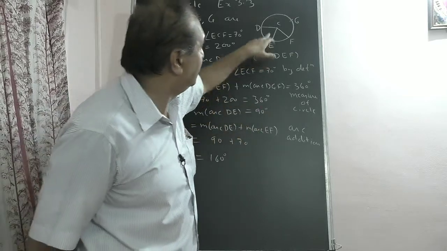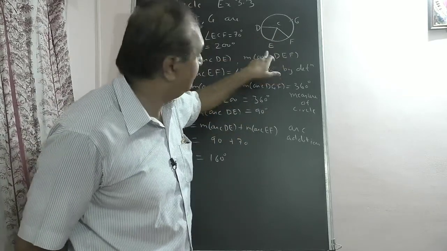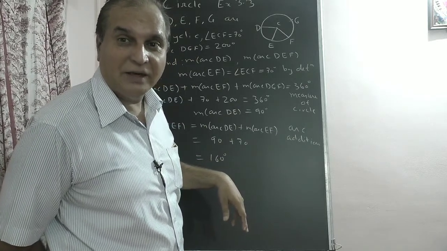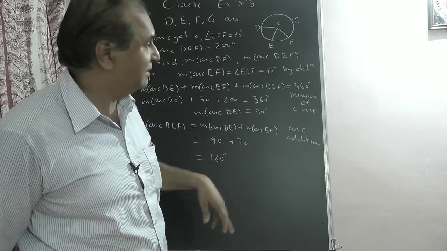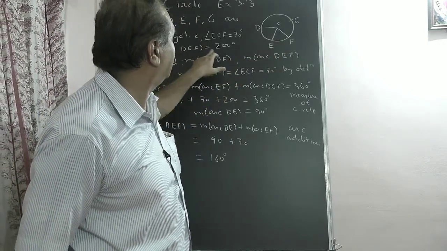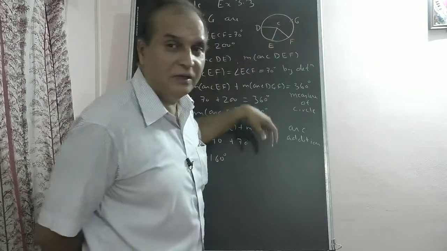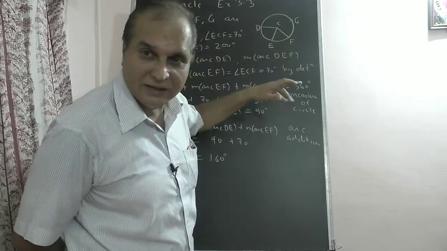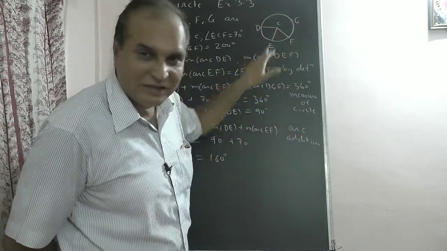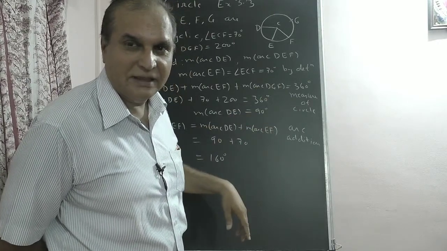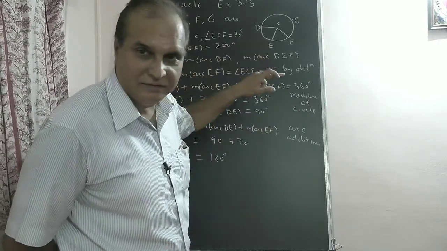This is given. What does that mean? Angle ECF 70 degree. Arc EF is also 70 degree. M arc EF, measure of arc EF is 70 degree. That is by definition. If this is 70 and one more thing given, m arc DGF, this arc is 200 degree. This is 200. This is 70. So remaining how much? What is measure of full circle? 360. So 360 minus 270, that comes to 90 degree, DE.